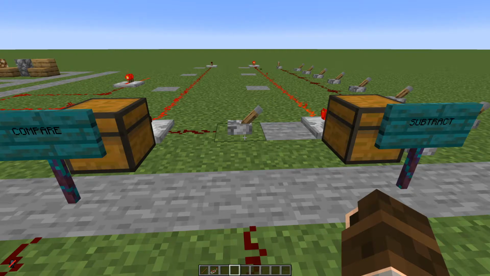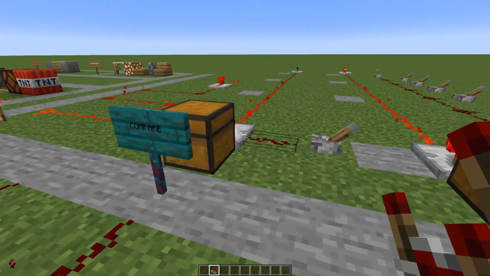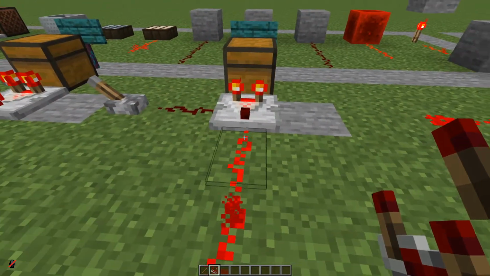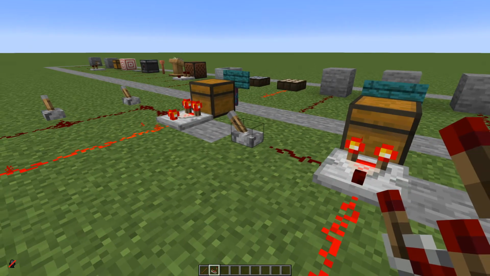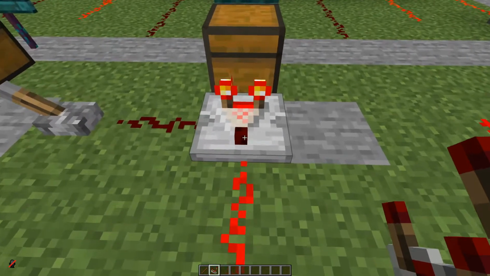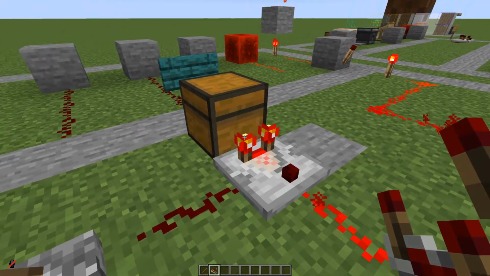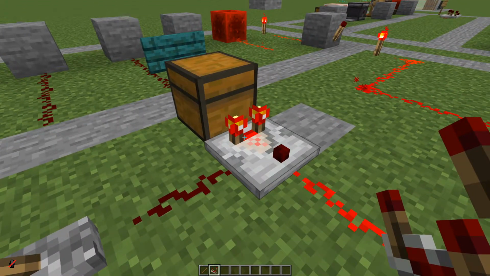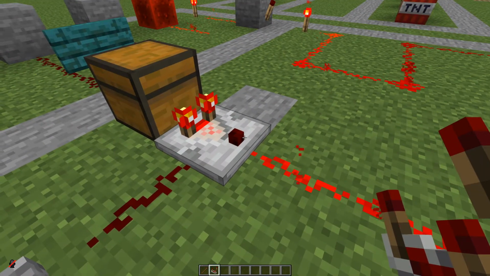And now we're getting into the part that usually gets people confused, the comparator. The comparator is something that we use to compare 2 signals, or we use it to measure how full a container is. The default mode for a comparator is the compare mode. This means that it will compare the signal that it receives from the back to the signal that it receives from the side. You can tell that it's in compare mode by the little light on the front here that